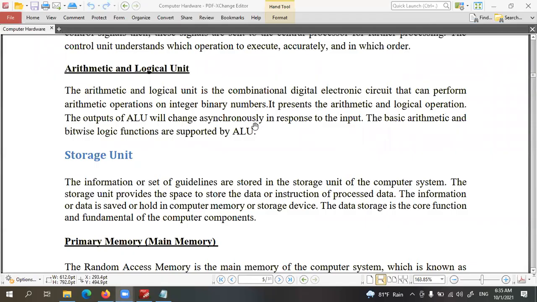Right. However, what you must understand here is that the arithmetic logic unit is the main calculator, or the brain, of the central processing unit. It's a high-speed calculator. It can perform mathematical and logical operations.